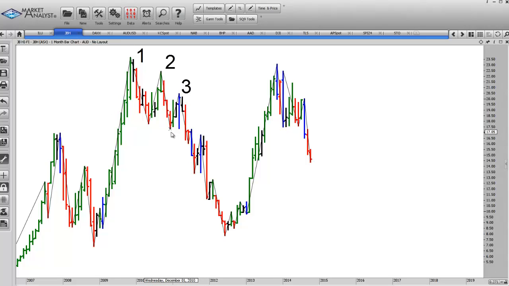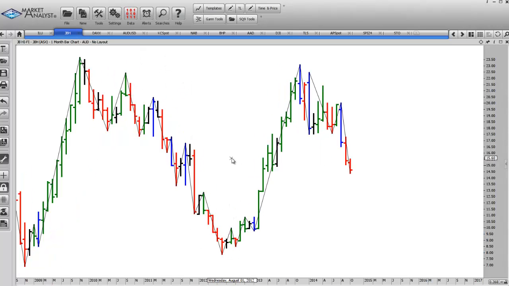When it breaks this swing low, you can see the swing low was $17.14. The market fell all the way down to $7. So there was a fabulous pullback through there. What we notice at the bottom, and if we just zoom in on this particular area, you'll see on a